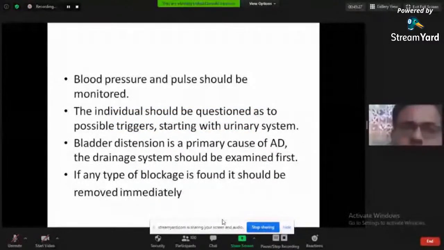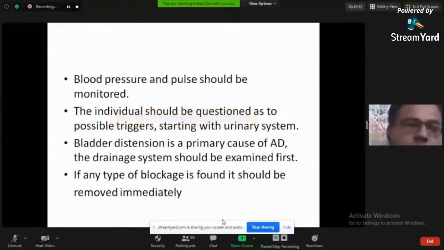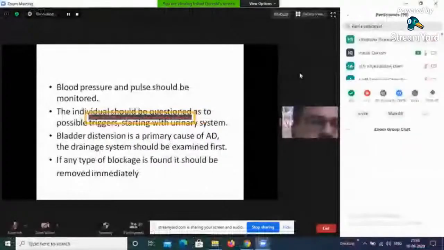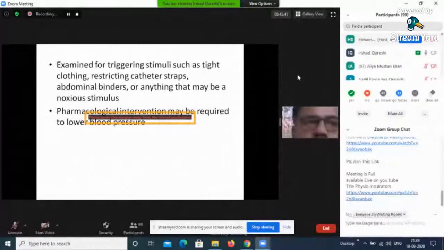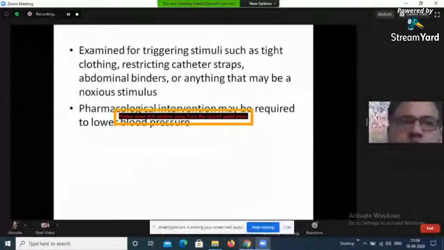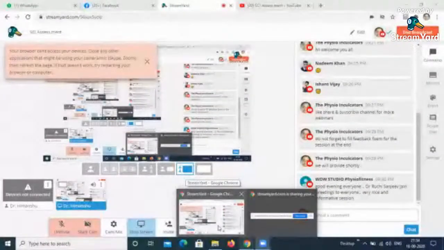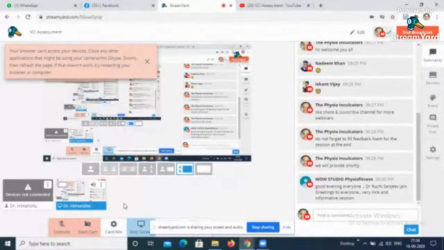as to the possible triggers, starting with, as it actually runs parallel to autonomic dysreflexia, irritation of the bladder. So bladder and bowel should be examined first, especially the bladder. Examine for triggering stimuli such as tight clothing, restricting straps, binder, or anything that may be noxious in nature. So being a physiotherapist, at times